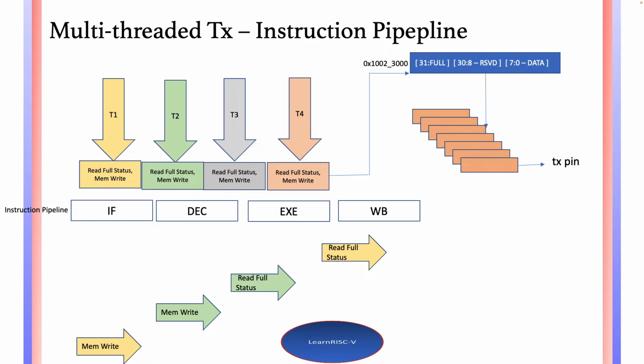Okay, so that's how it would be if there is no atomicity, and it would be really hard in a multi-threaded environment. There are many things you have to do on the software side to ensure that these don't happen. There are ways to do it, but in RISC-V,